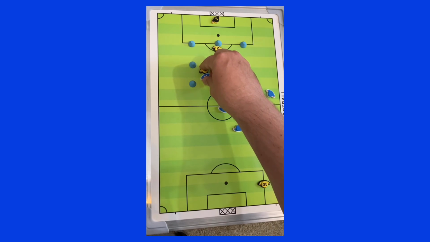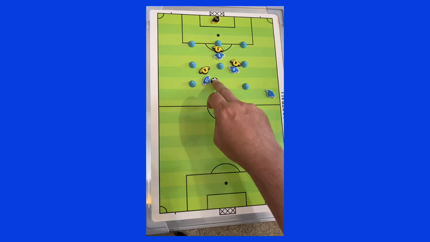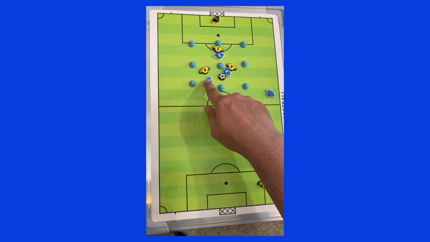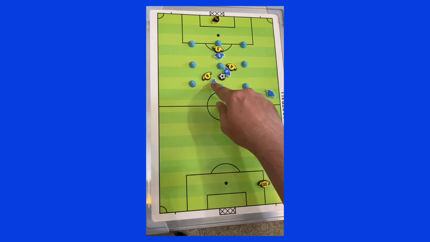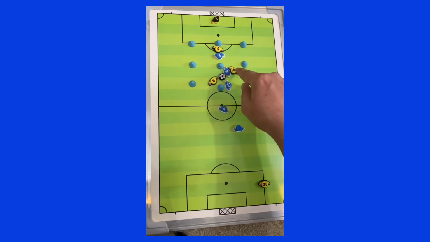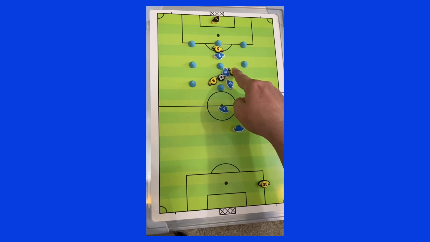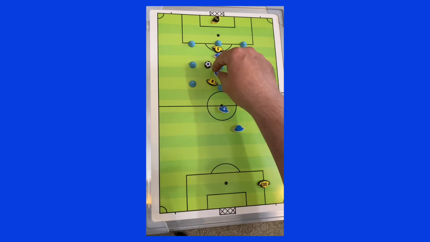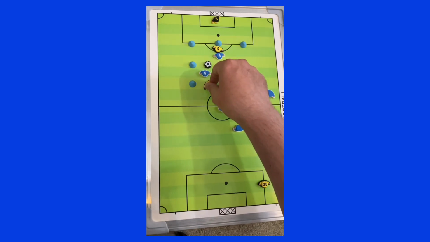So if the 10 receives here marked by 8 and plays into the 8 who comes to receive the ball, their player, if the 10 gets on the move ahead of their player, as they get to here, you're now creating a problem for this player. Does he stick with his player and ignore the runner, but his player might then play the 10 in? Or does he step because he thinks it's going to get played, in which case 8 might decide to go themselves? Another example of that